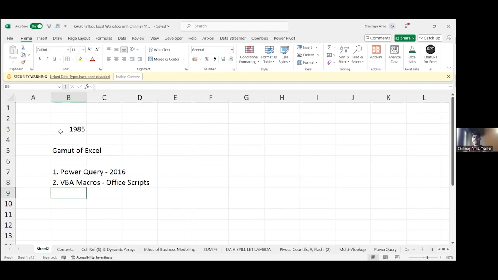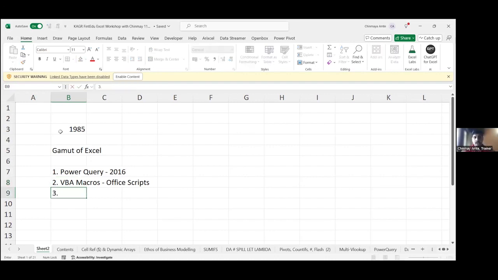Like if you ask me, Chinmay, I have a client project and I want to deliver it on, let's say, 15th of May, then it's very rare that someone will give an Office Script solution. It's still in the testing process. VBA is tested over time. A lot of data is available regarding VBA. A lot of ready-made codes and ready-made add-ins are available in VBA. So that is the second dimension or subtopic which we should be aware of while working in